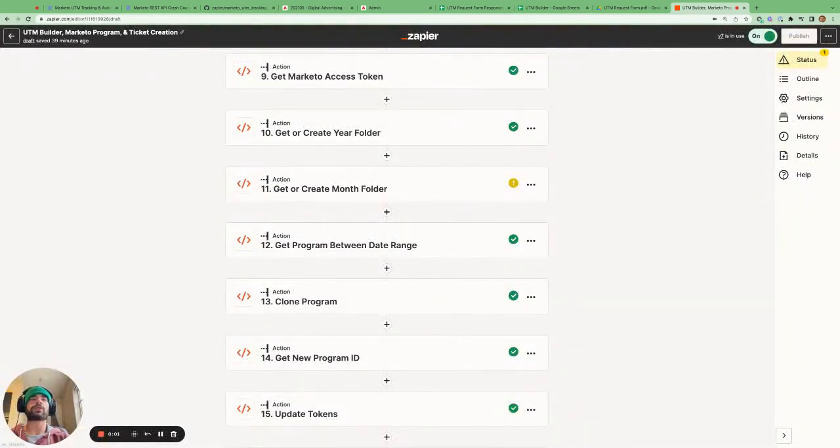So now we'll move on to the part of the Zap that deals with all the Marketo API requests. And the very first thing we do is we have to request our Marketo access token so that we can make all these subsequent API requests. And then step 10